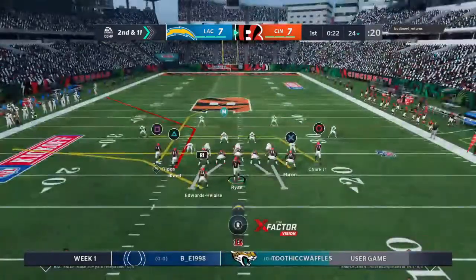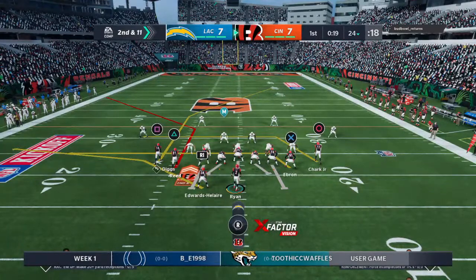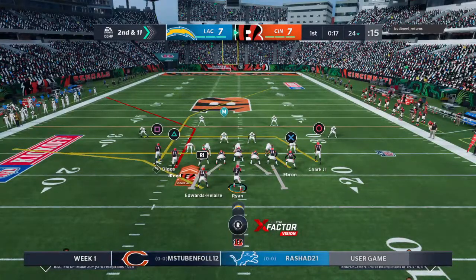A loss of a yard there to start out. That leads to a 2nd and 11. And we got to get to the ball, team. We got to get to the ball. Let's keep